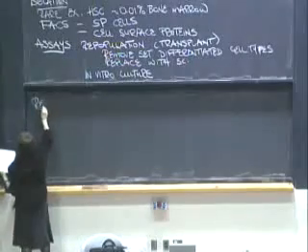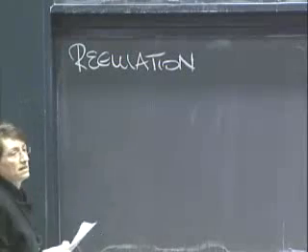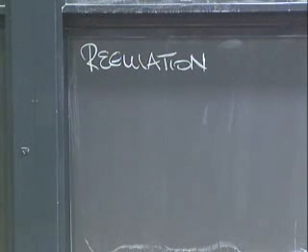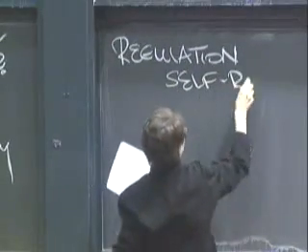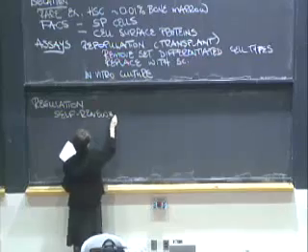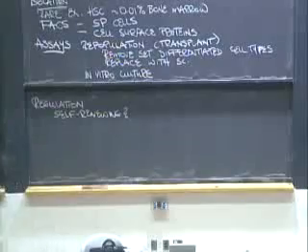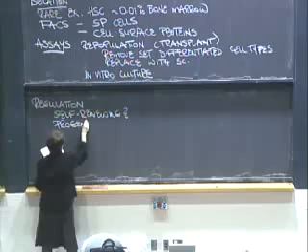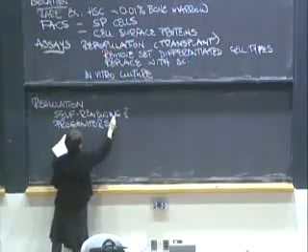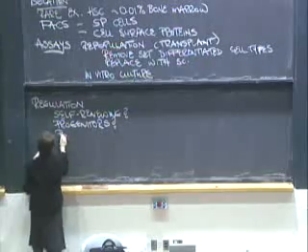Okay, so let's move on to several questions that I want to discuss with you that fall under the umbrella of regulation and control of stem cell fate. There are several questions I'd like to pose to you. Firstly, what makes a stem cell self-renewing? What's the molecular basis for that? What makes a stem cell decide whether or not it's going to make progenitors? And the big one for the stem cell field, what controls the potency